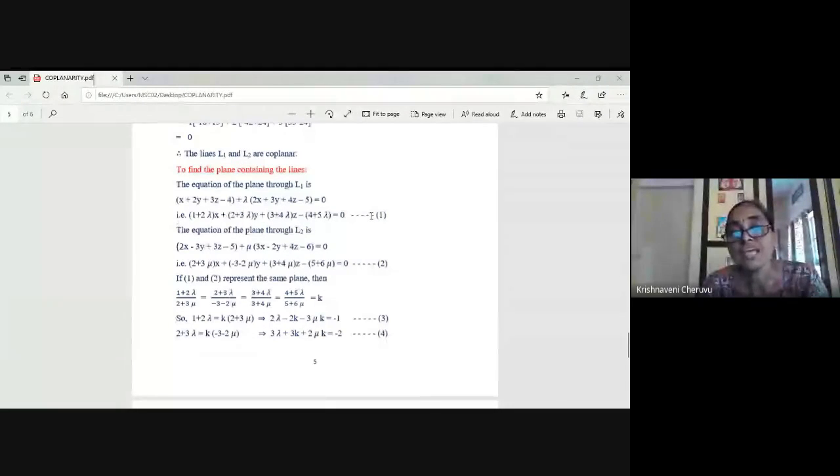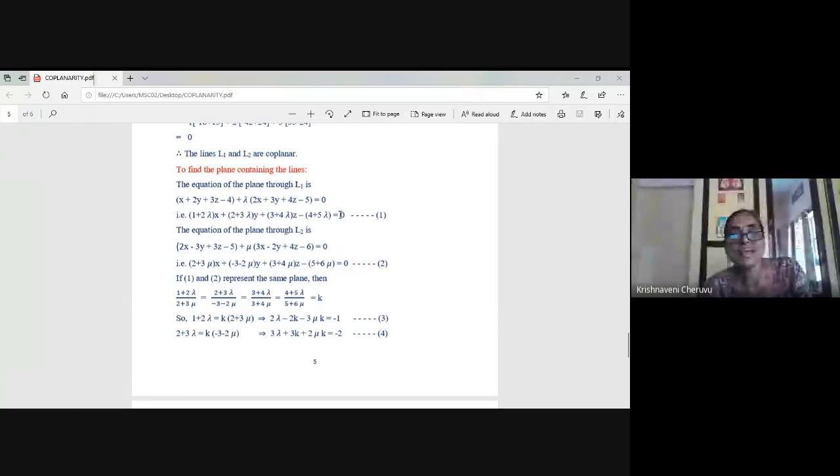In a similar way, you find out the equation of the plane passing through the line L2. L2 means it is the intersection of this plane and this plane. So the intersection of two planes would be a line. So now this is the plane through the line. Line means the intersection of two planes. So the equation of the plane through the line L2 is plane pi 3 plus mu times pi 4 is equal to 0. Okay, when you expand and arrange them in this form, ax plus by plus cz plus d is equal to 0. Write x terms, y terms, z terms, means you take x common and write them. Okay, this is how you'll get the two planes, girls.